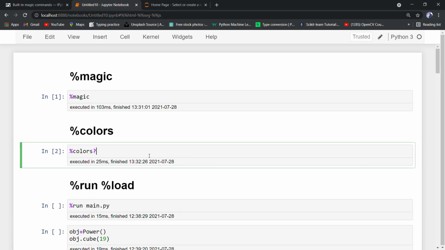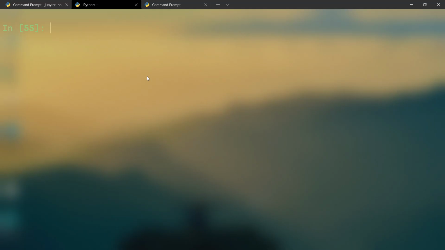So I am going to use this magic function in the IPython console because there the color schemes are more apparent. First let's try out the no color scheme. Let's write some expression.